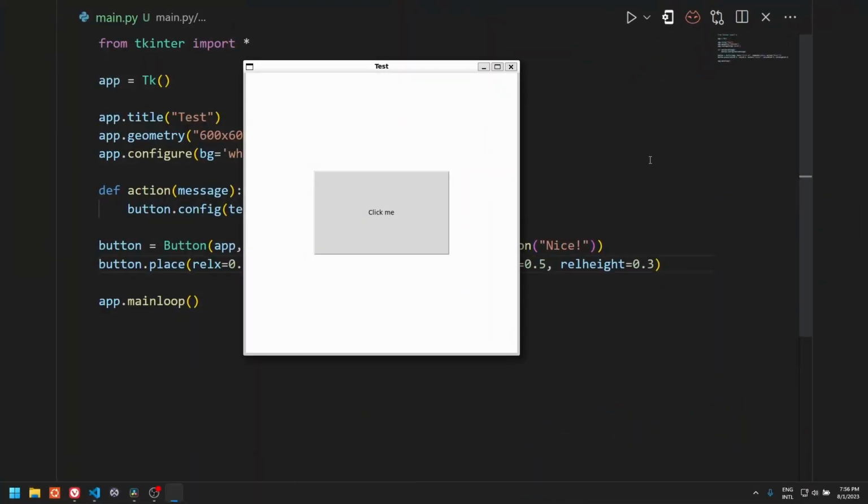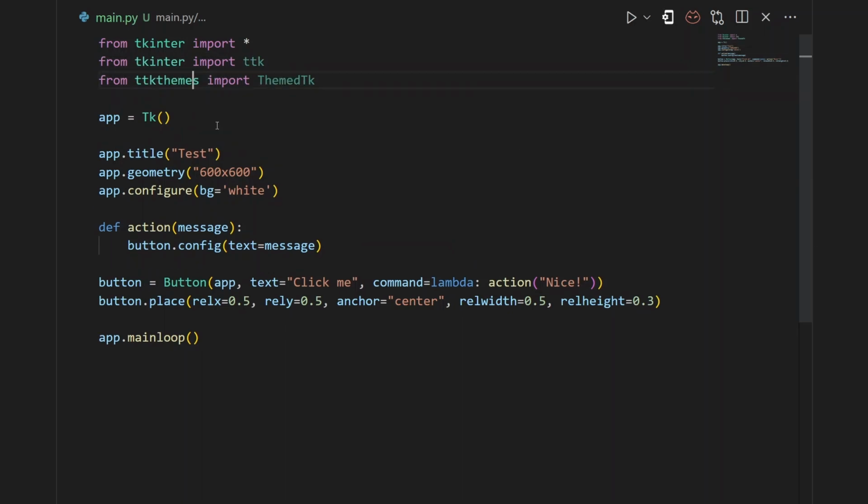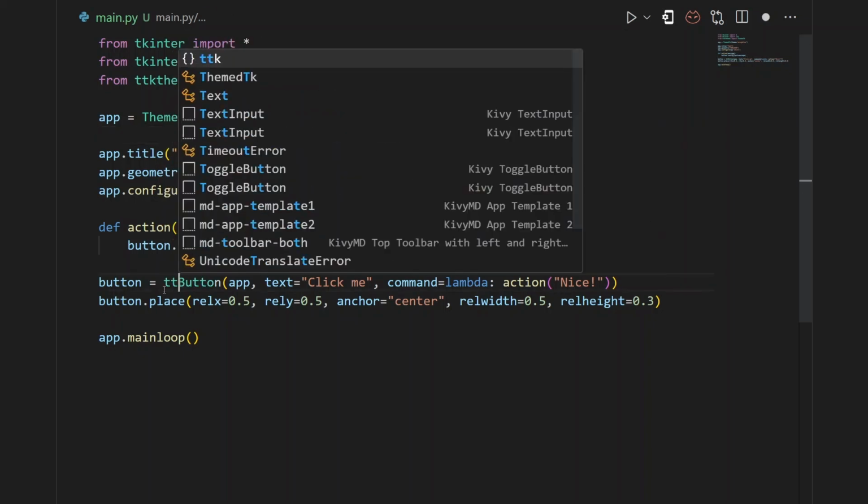This is an example with a button widget, which triggers a function when clicked. To pass data back to the callback function action, the function needs to be called with the keyword lambda in front of it. If the function takes no parameters, the function can be called without the lambda keyword. In order to use a different theme in Tkinter, ttk and themedttk need to be imported. Then create an instance of themedttk instead of tk and set the theme, and add the keyword ttk in front